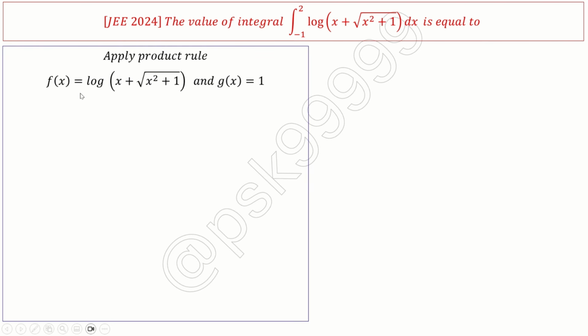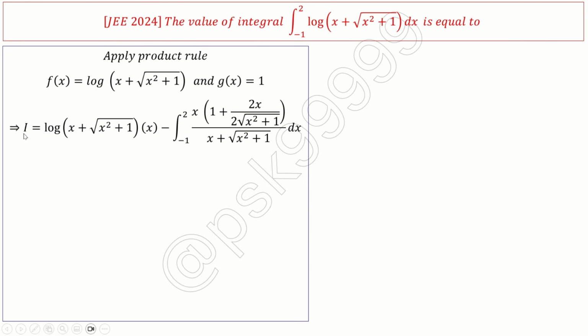I am taking this as my first function, because in ILATE, L is first: logarithm is first, algebra is later. So g of x equals 1, and I is this value. If I integrate, this integration is nothing but log of this value into the integration of 1, which is x, minus